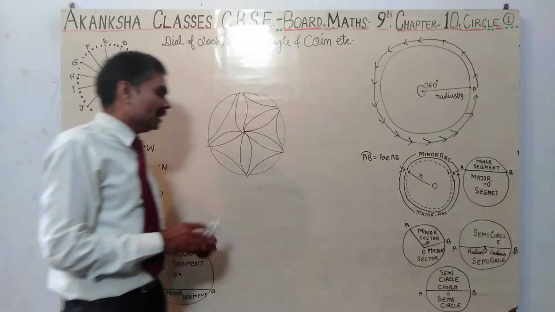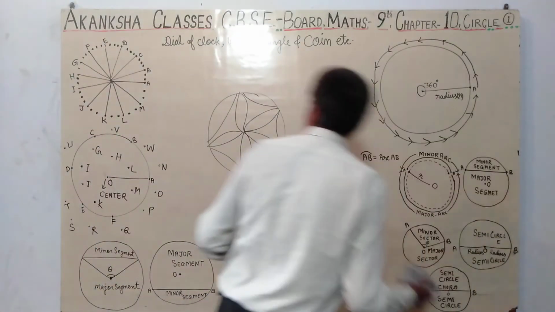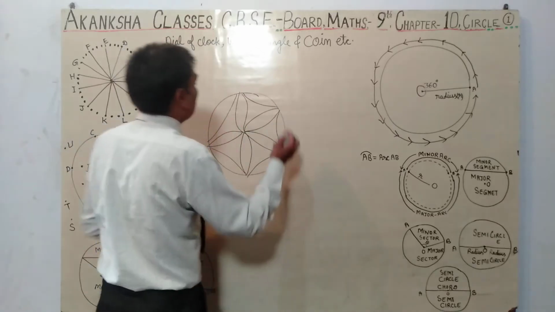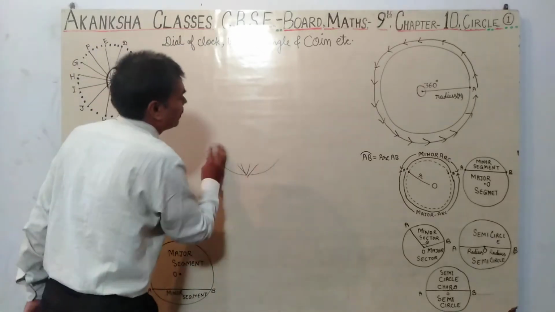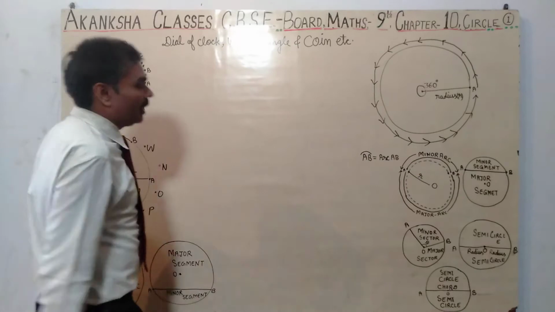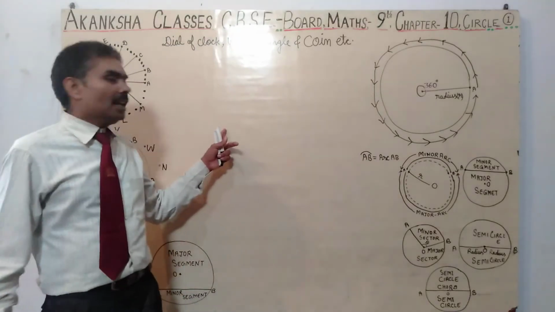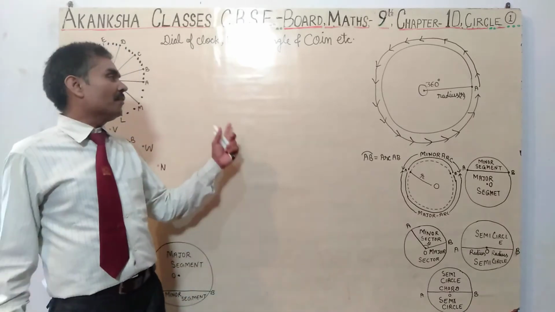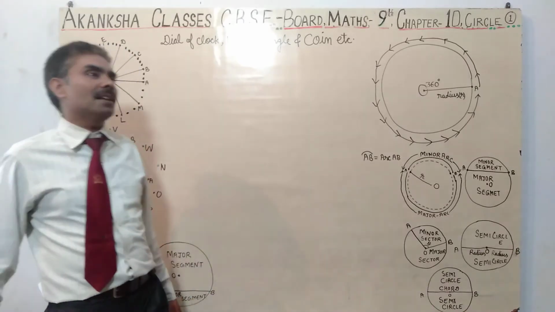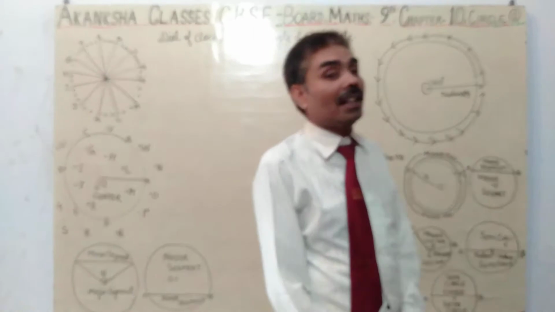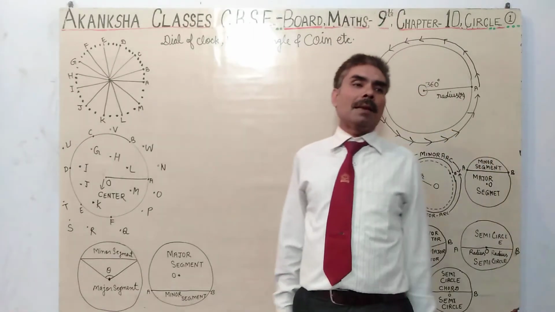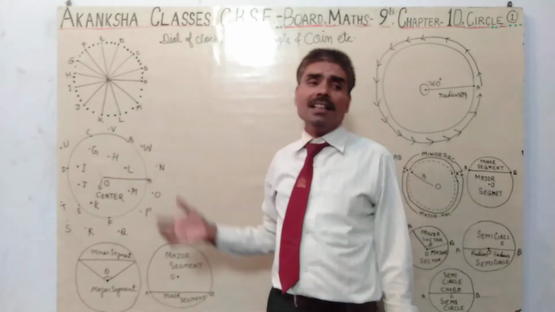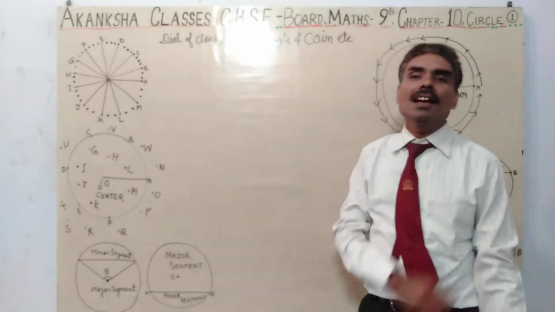Because a sphere is a solid figure while a circle is a plane figure. The figures having only area, not volume, are said to be plane figures, while the figures having area as well as volume are said to be solid figures. Hence, we will know details about the circle in this video with me.